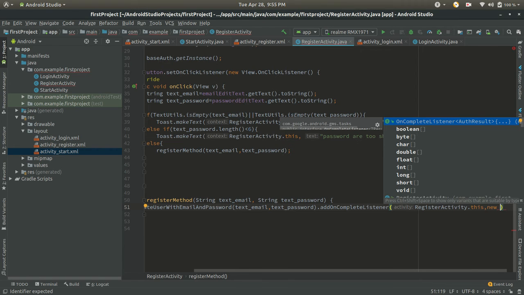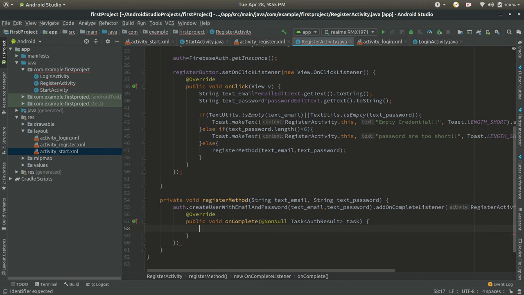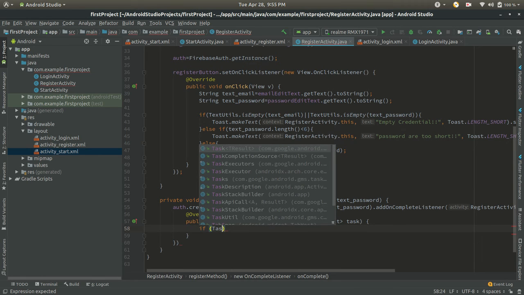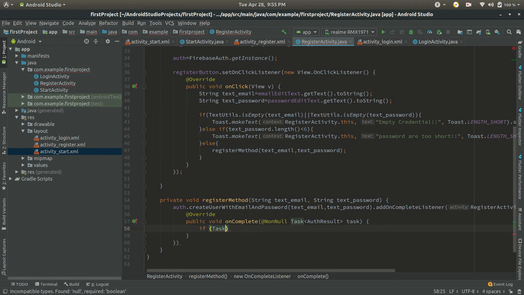So new OnCompleteListener, you can see here, and now we will come here. So here we will check if the task dot is complete or not.